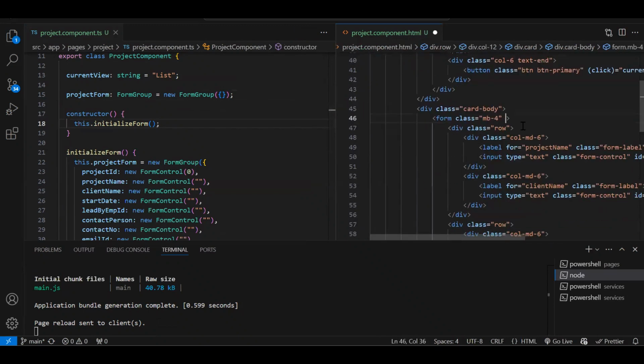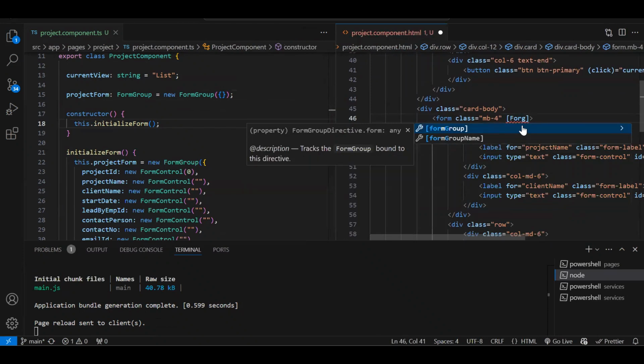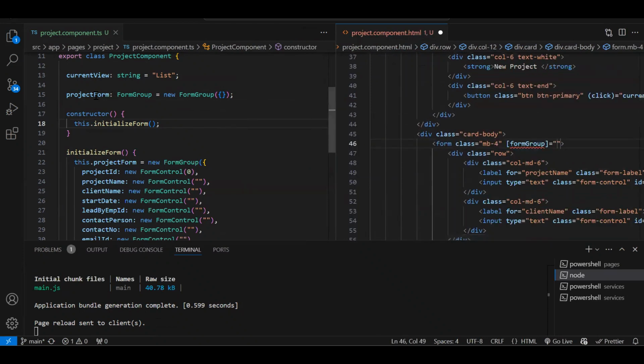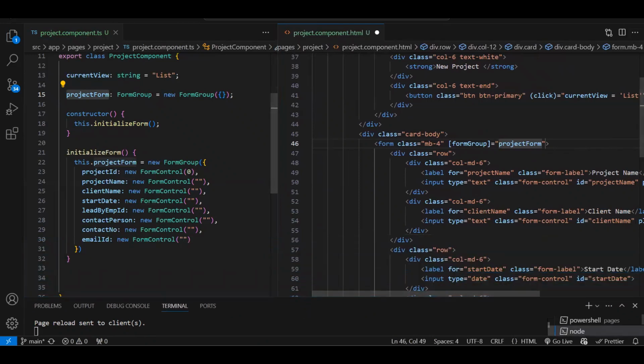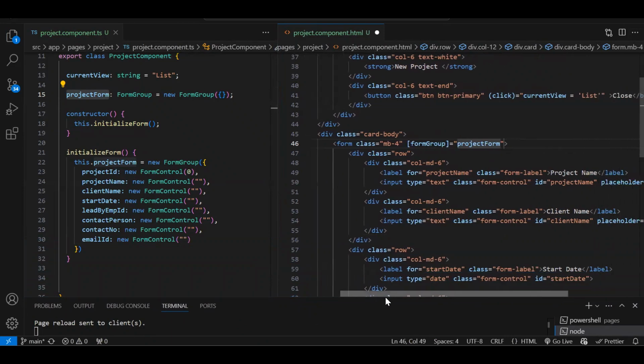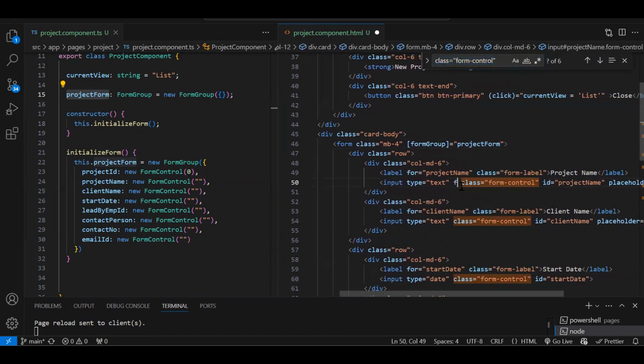On the form tag, first thing, for formGroup we need to bind our form group name, that is projectForm. This will go over here. This is the first thing. Then wherever you have controls, you need to bind all the controls by using formControlName. Fine. So what I will do is use a shortcut because we have so many things to cover. I'm copying this and we will replace that with formControlName